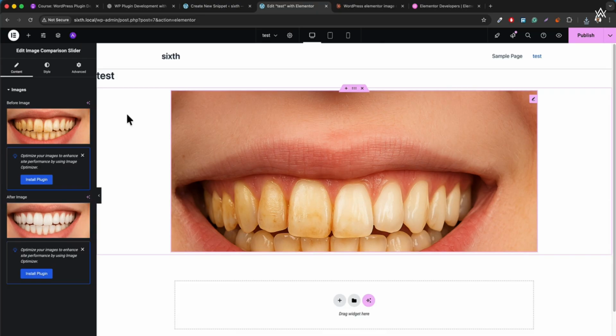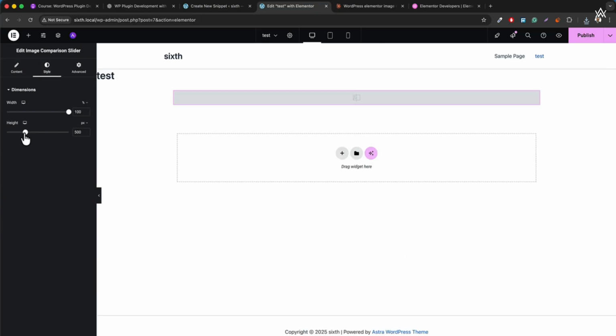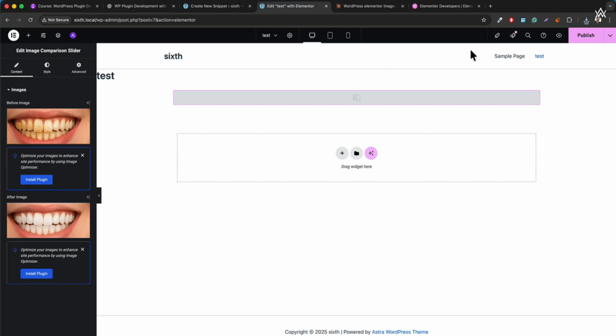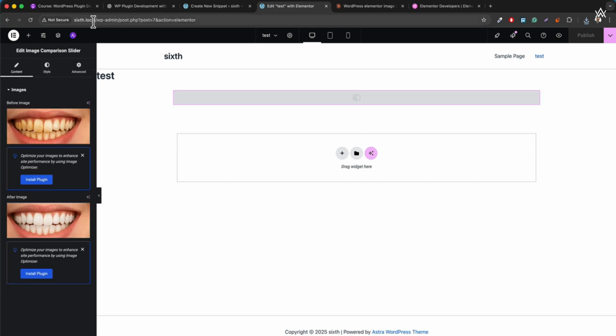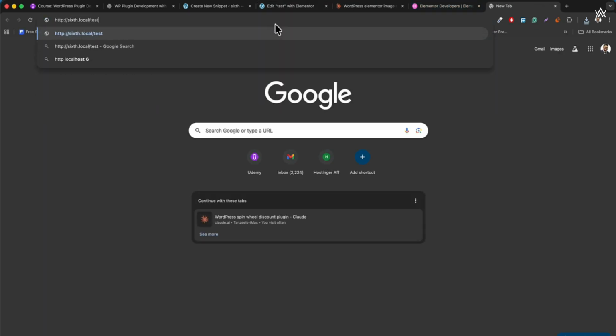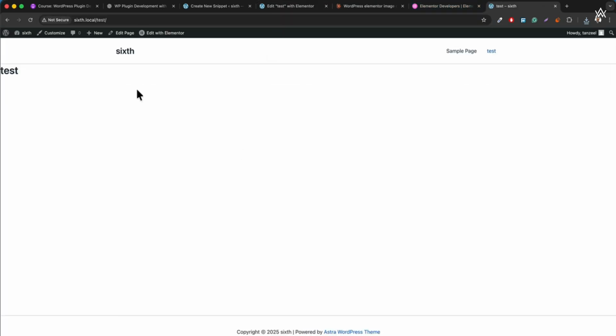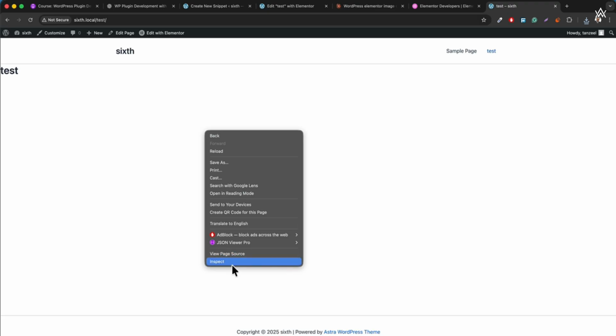Let's select this, and now let's go into the style, and let's work with the height and width. All right, so I'm going to increase the height of this just like that. Okay, go into the content, hit publish, and it's not working, so let's visit this website /test, and it's not showing, so I'm going to inspect this,